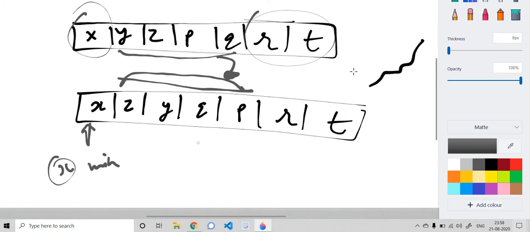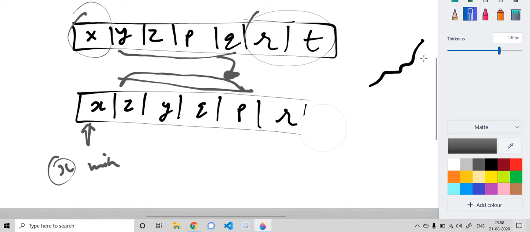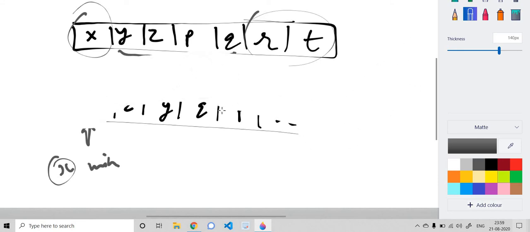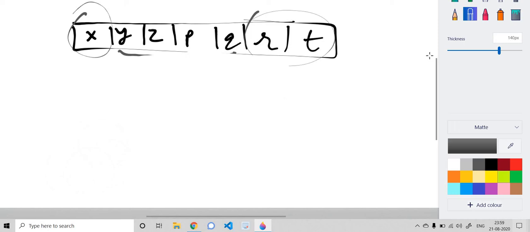So we can do one thing. We just want to consider all the elements which are not at their correct places and find out whether their GCD with the smallest number is the smallest number itself or not. Suppose we want to swap these two, the z and q. The GCD of these two should be equal to x, only then we can do swapping.